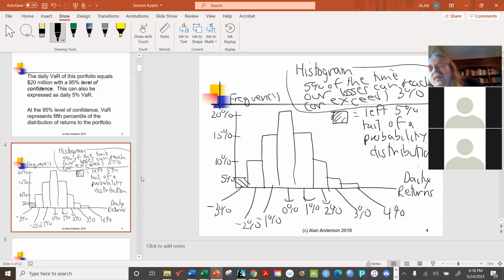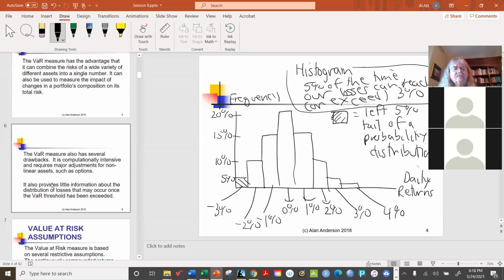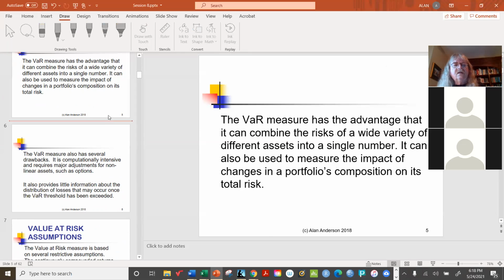It's up to the portfolio managers to decide whether this is acceptable or not. Okay, and the risk managers. So now if we have enough data though, you might see, if you've seen this before,